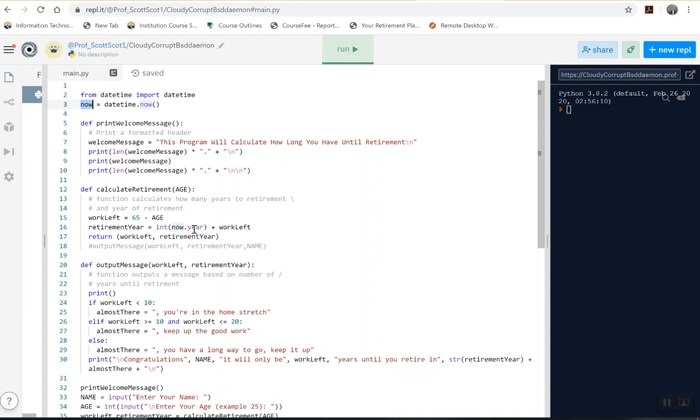Well, there's a year associated with now. And the year is 2020. There's a time associated with now. So there's different attributes associated with now that we can go have the code return those values, and we can use them. Now, they're being returned to us,